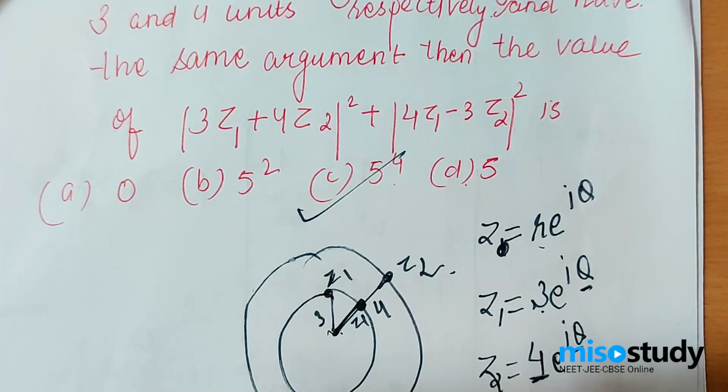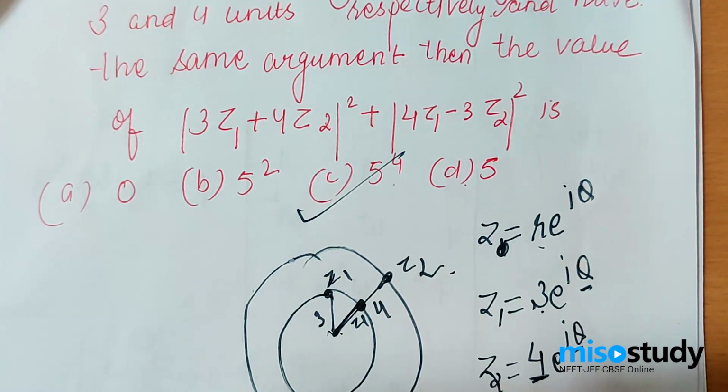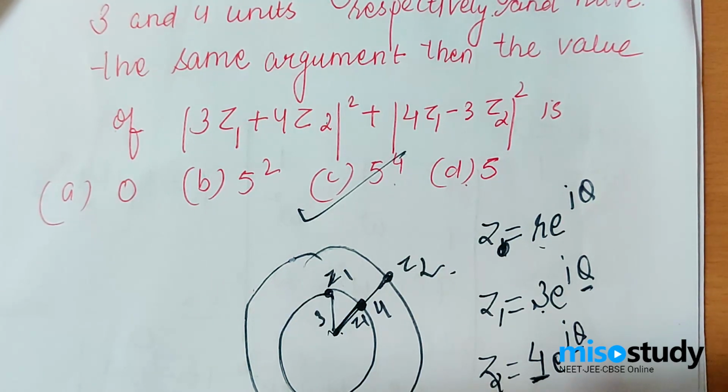Now the highlighted point in this was that you have to understand when you are supposed to take z equal to x plus iota y, and when you are supposed to take z equal to r e power iota theta. In case z is given in terms of argument, you should take it as r e iota theta, and in case you are not given anything, you can take z to be equal to x plus iota y. And the popular formula z z conjugate is equal to mod z square needs to be learnt, plus the rotation theorem should be given extraordinary importance. And last but not the least, the cube root of unity, which is asked in almost all the examinations.